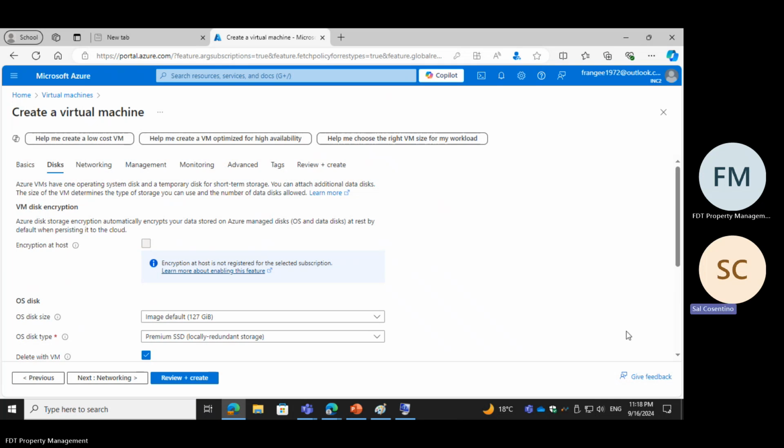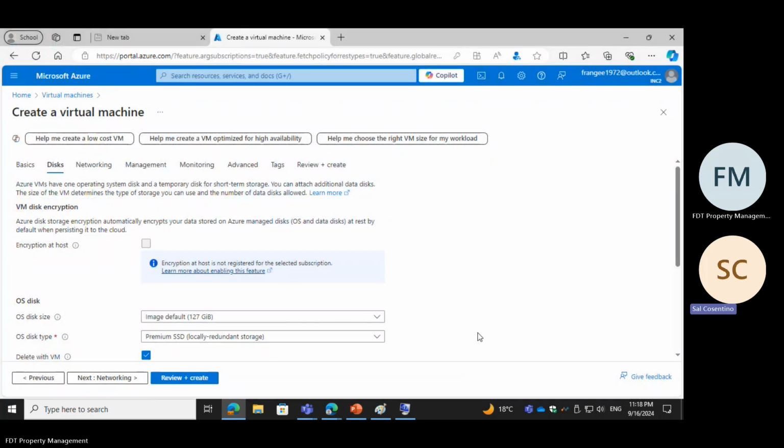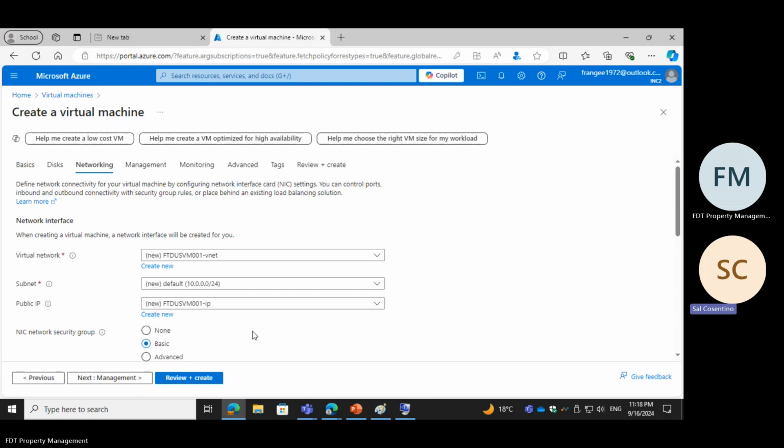Okay. All right. So this is where you would create your disk sizes and disk types. We're not going to really touch this right now. Don't worry about that. We're going to go into networking next. And this is where we're going to... networking. Yeah. So we're going to delete the virtual network where it says new, and we're going to rename it to